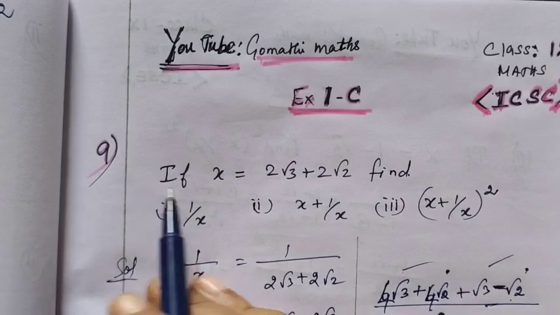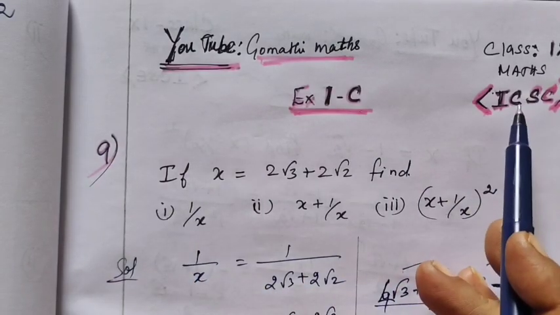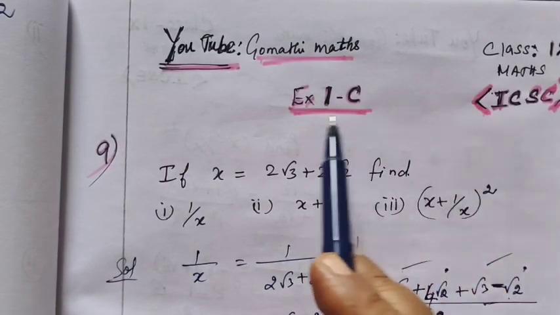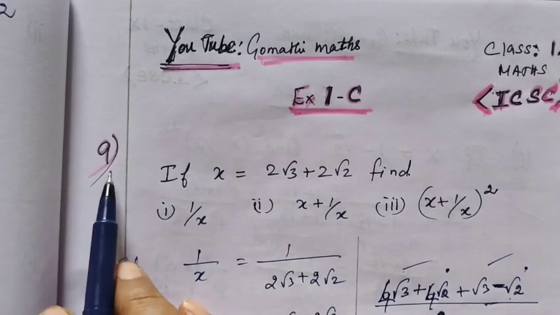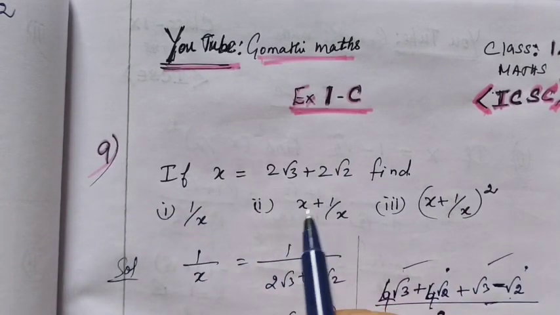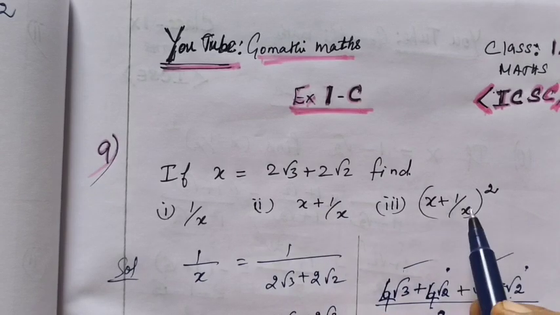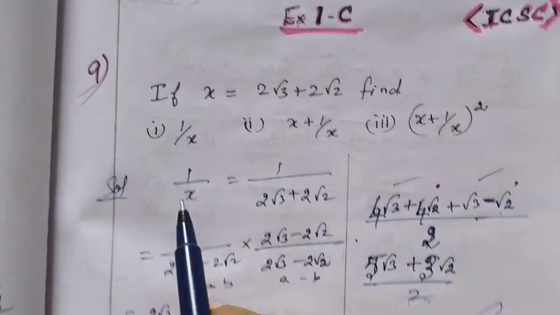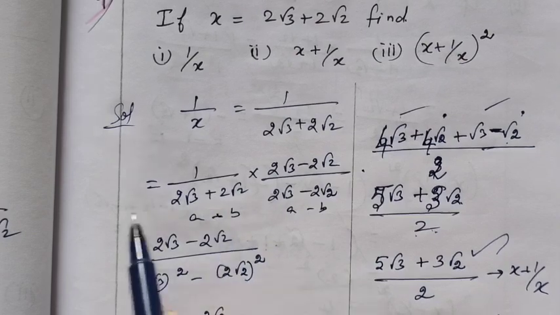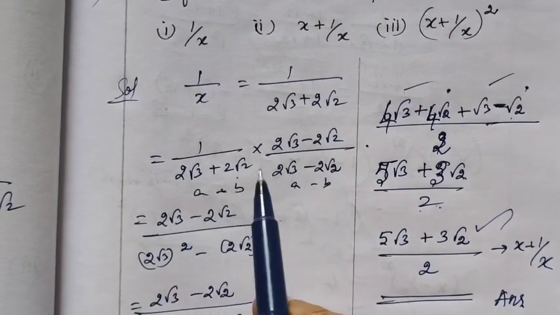So in this class we are seeing, for class 9 ICSE syllabus maths exercise 1C, question number 9. You are given x. You have to find 1 by x, x plus 1 by x, and x plus 1 by x the whole square. So for 1 by x, taking the conjugate,